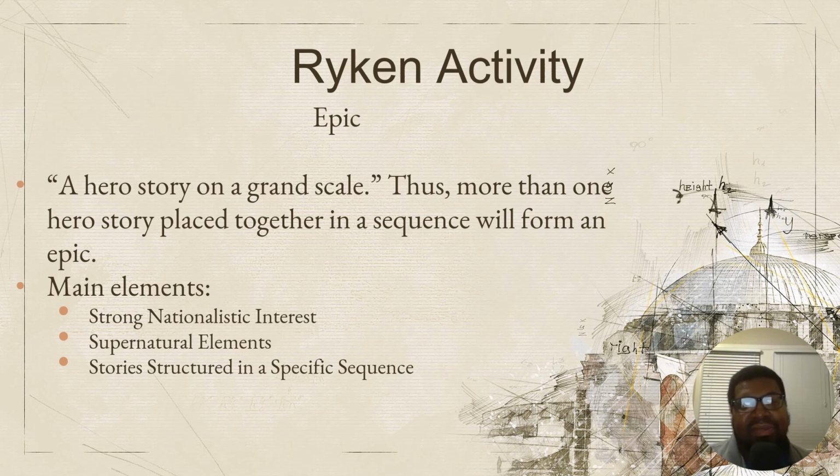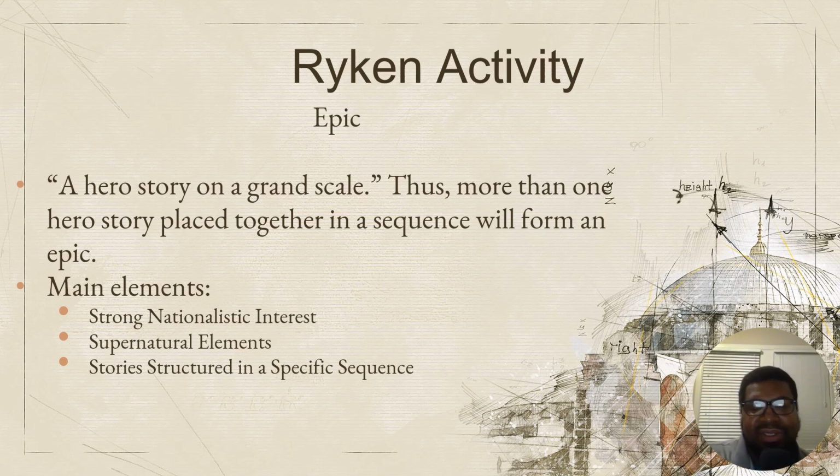He's going to do the same thing with the Exodus narratives and say, okay, Moses goes through all of these different events and stories and becomes the central hero story. But Moses' hero story might be like Exodus 1 or Exodus 2 or just one section of that when he goes against Pharaoh. But he's going to say Moses' epic is all of the different events that Moses does throughout the Pentateuch. And so epics are going to have three main elements: a strong